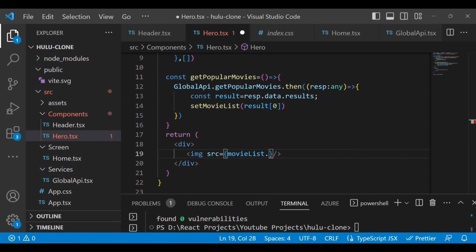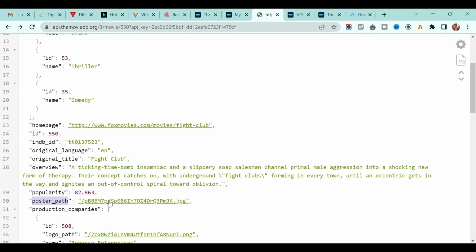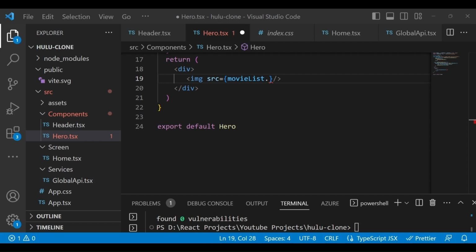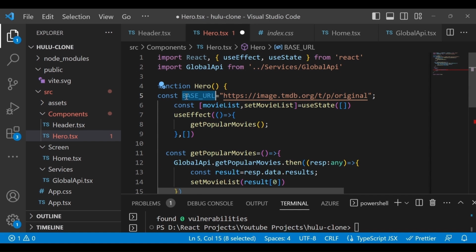But before that, this URL is not a complete URL. It's just the file name. So I mentioned the base URL for our image. Let's write the image base URL, and this is the base URL.